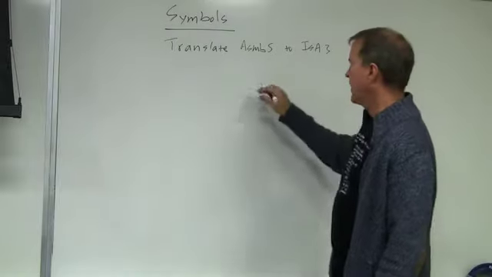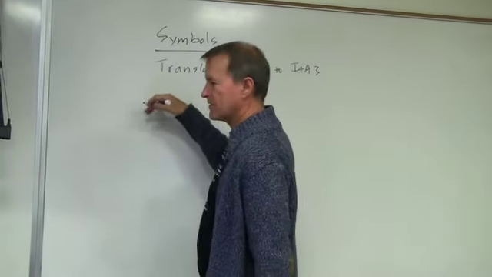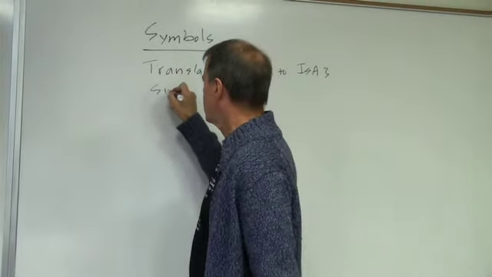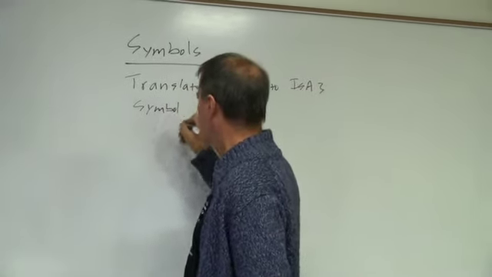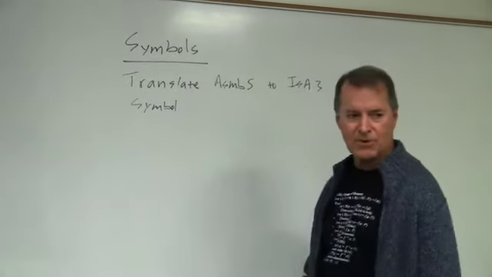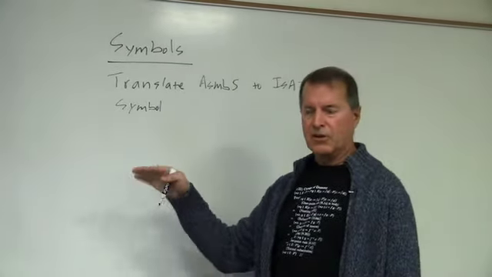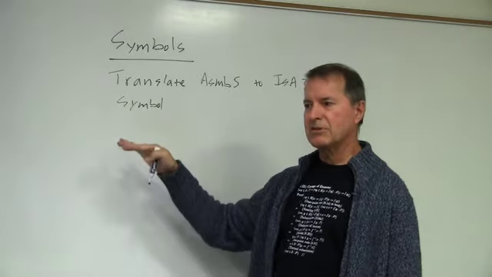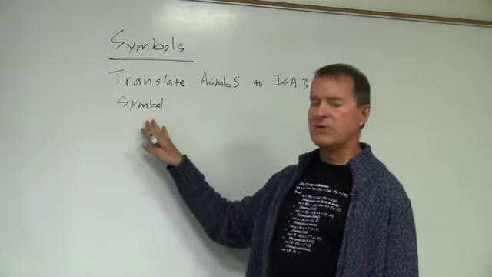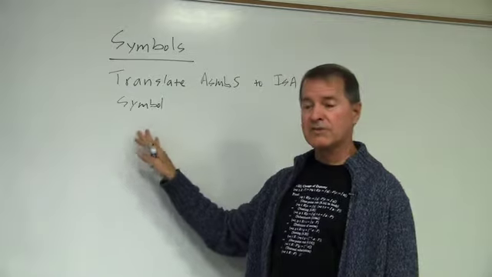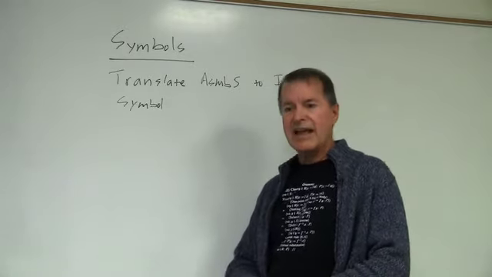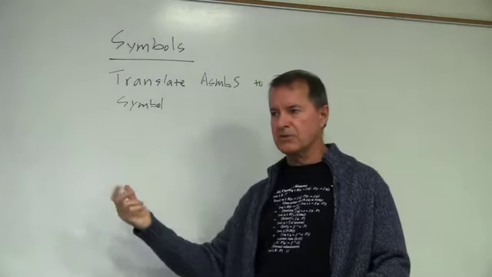And then you also need to know how to populate the symbol table. You have to know what the content of the symbol table is. At the bottom of the list, when you do a listing, there's a symbol table, and you need to know that. Actually, let's review that a little bit. In general, what is the value of a symbol? It's an address. It's the address of where that code is going to be loaded.